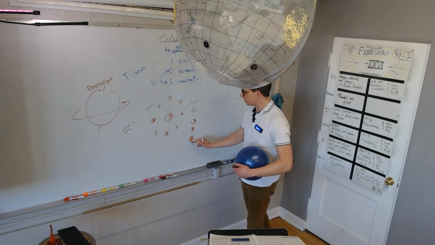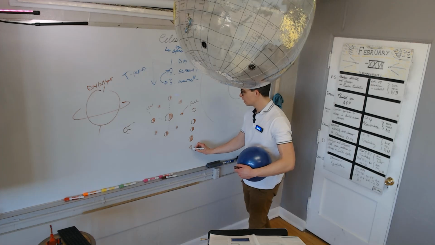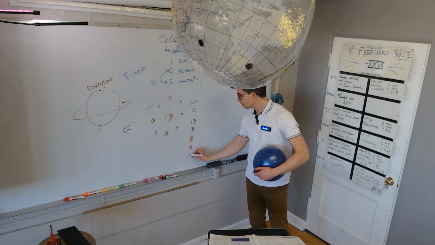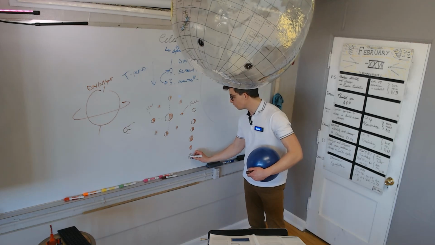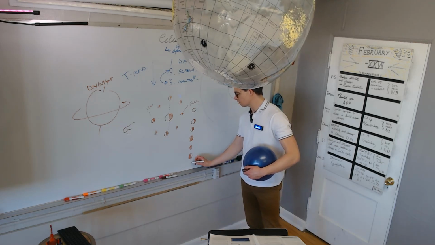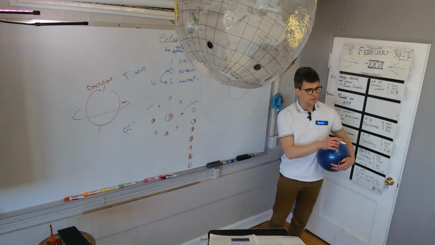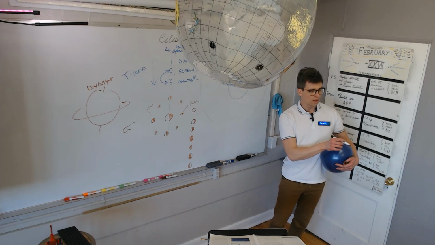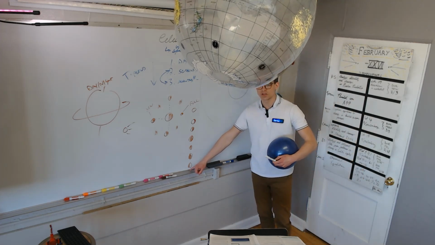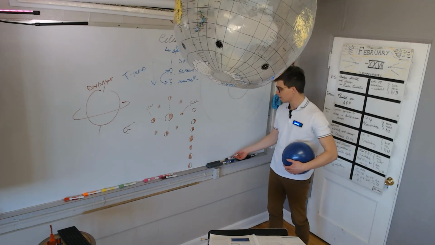Sorry, I'm trying to draw these well, and I'm actually not good at it. And then we would see the new moon. And then we would see the waxing crescent. Waxing means getting bigger. That's interesting. Did you know that words can have other meanings besides only one? Wow, I didn't realize that was going to blow your mind, but apparently it does. And then I ran out of room, but the next one would be the waxing gibbous, and then we'd have the full moon again. It would loop back to the full moon.